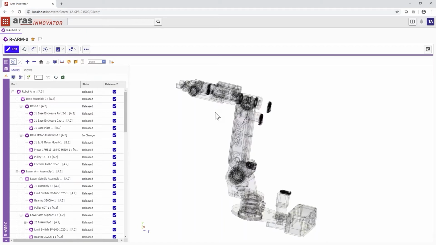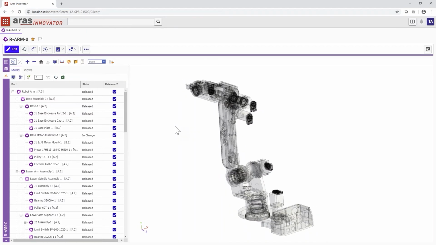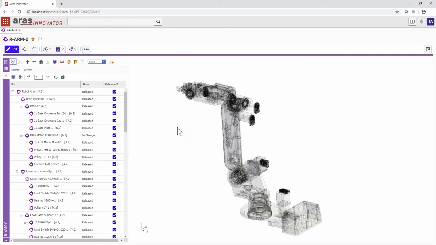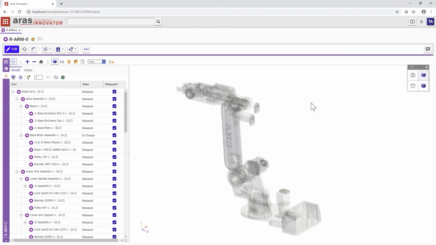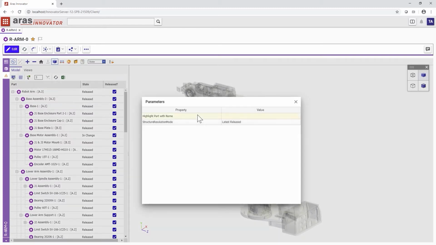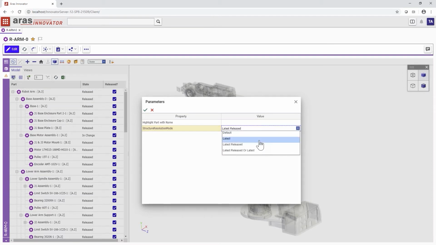And if I select it, what happens is that the geometry is re-rendered to show a particular color and opacity or transparency based on, in this case, the state of the corresponding component. Now, in this particular view, everything is released, so they're all rendered the same. However, if I go back to my parameters and select latest,